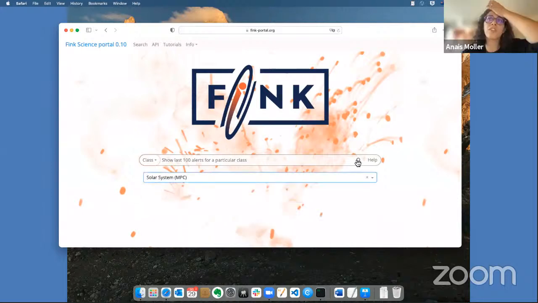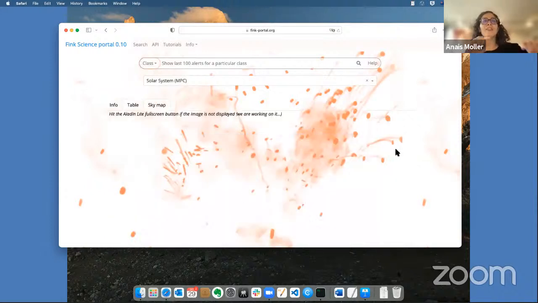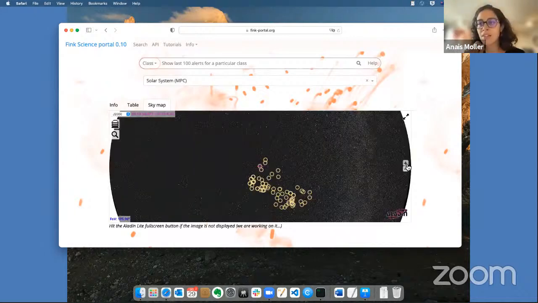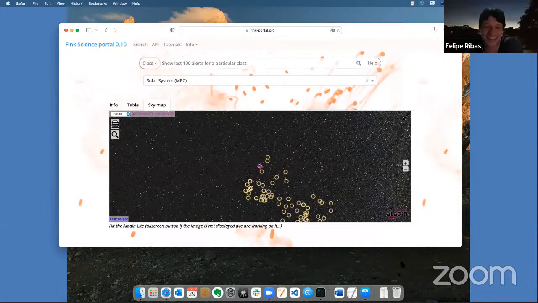You can do it this way, so this will show you the alerts, and then there is a sky map vision where you can see the footprint. We are also integrating the tracklets soon, so you can see the orbit, but this is something we're playing with. If you're an expert, you probably know what you need more than what we're doing right now. I see. Great, thank you. No worries.